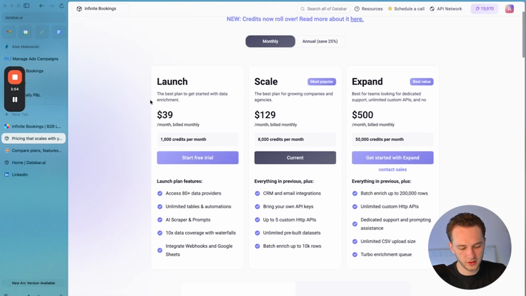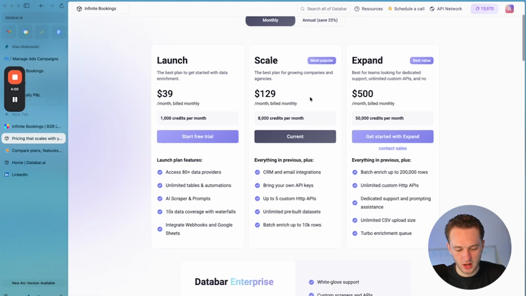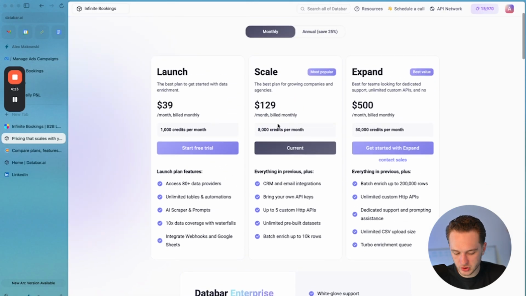So they have a very easy launch package, but they also have a scale and an expand package. This one is actually pretty good. The good part about this is that they have CRM and email integration right away, and you can add your API keys right away, right? So you can go above the actual usage if you just use the API key of the software that you're using. This one is pretty good pricing: $130, 8,000 credits a month,